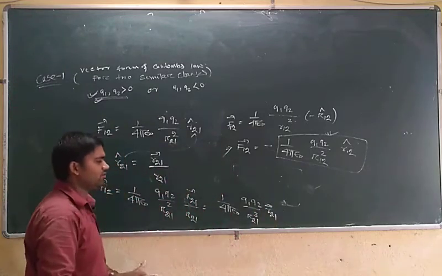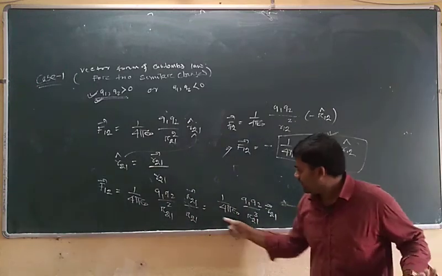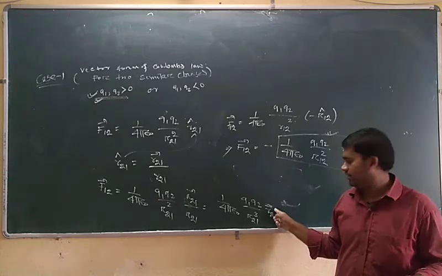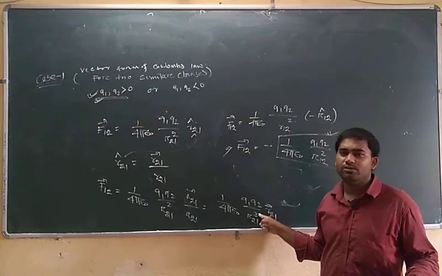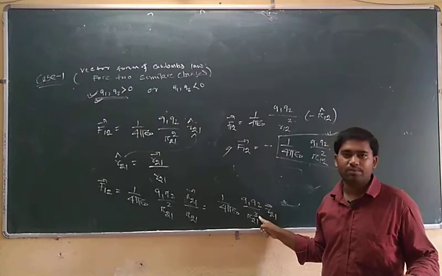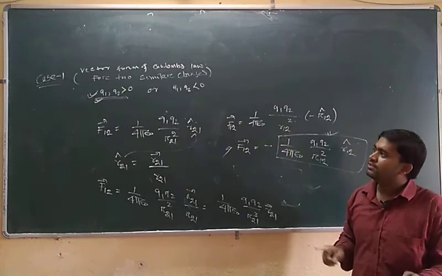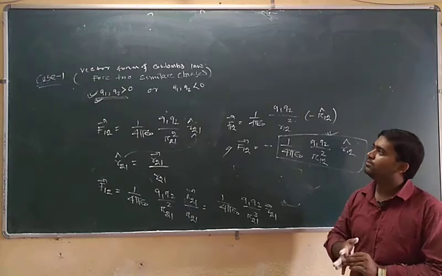So this is another vector form of Coulomb's law, where we represent this with a vector instead of a unit vector. When we write the vector here, the power will be 3, and when we write the unit vector, the power will be 2. So we take one case, that is the vector form of Coulomb force for two similar charges.